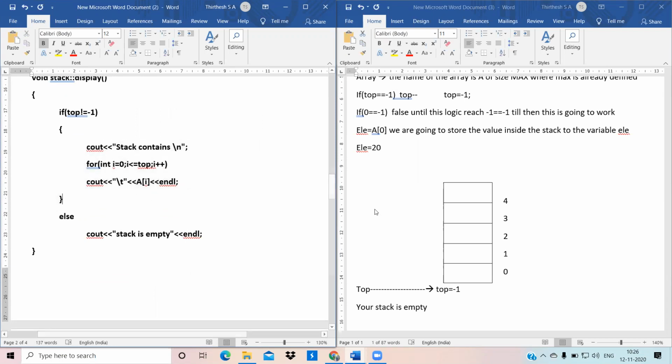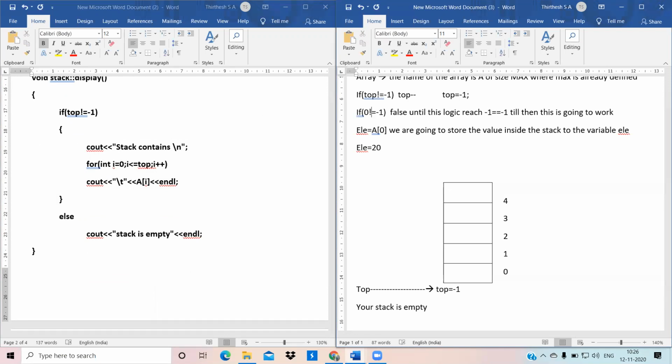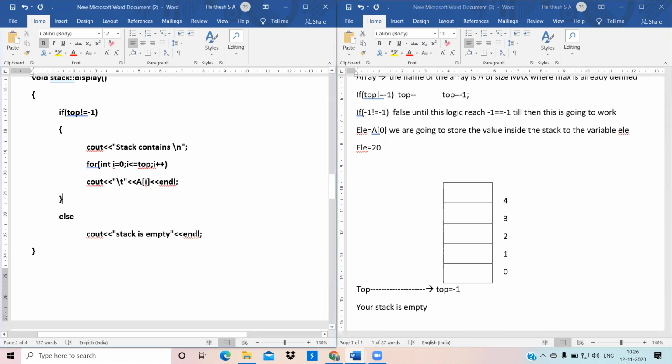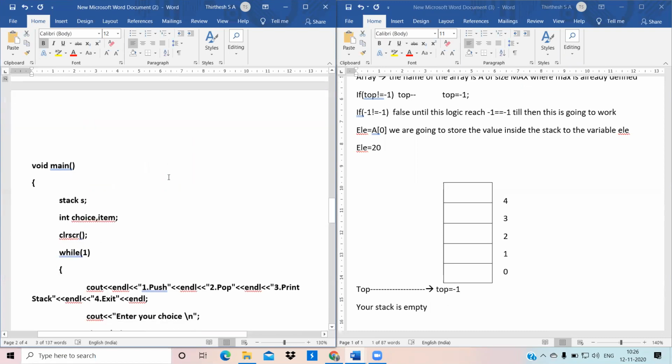Here if top not equals to -1, then what will your top be there? -1 not equals to -1, it is false, which means that it is going to say that the stack is empty. Otherwise it will print whatever data are there in a stack. Okay, this is how a pop works.